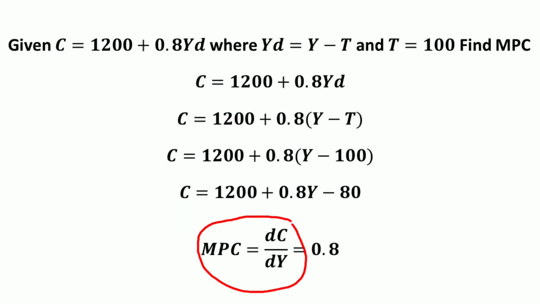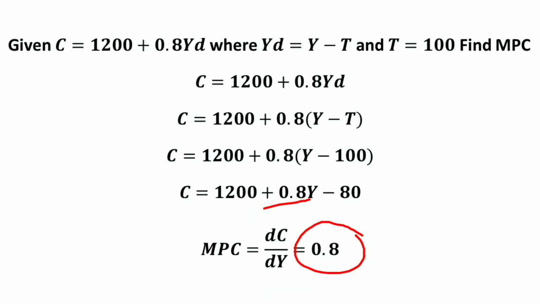If you want to find the marginal propensity to consume, in this case MPC is equal to taking the first derivative of the given consumption function with respect to Y. So MPC, the marginal propensity to consume, will become 0.8. In this case, the introduction of lump sum tax into the income determination model does not affect the value of MPC. Before the introduction of the lump sum tax, the value of MPC was 0.8, and after the introduction of the tax, the MPC is also 0.8. That's why we are saying that imposing lump sum tax into the income determination model does not affect the value of marginal propensity to consume.